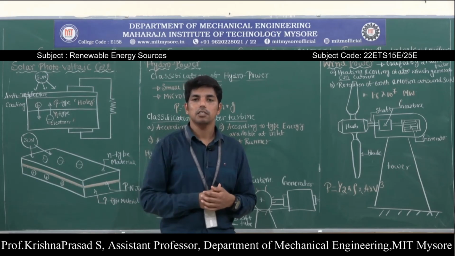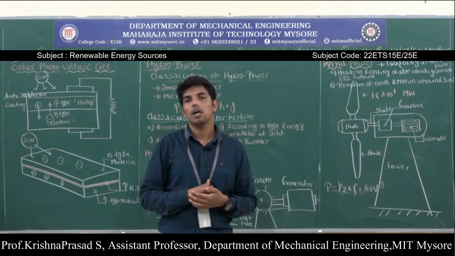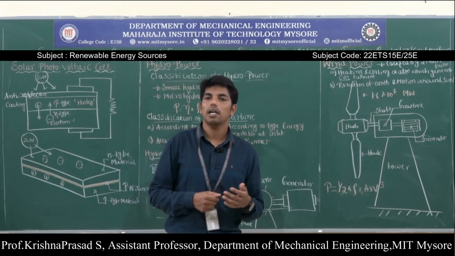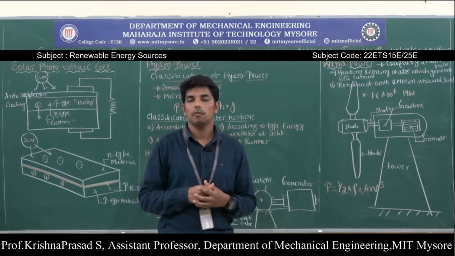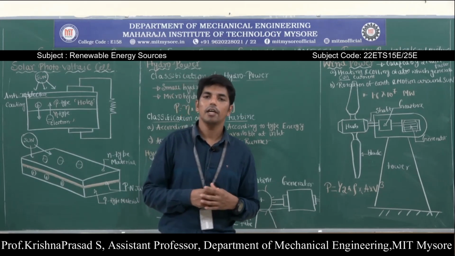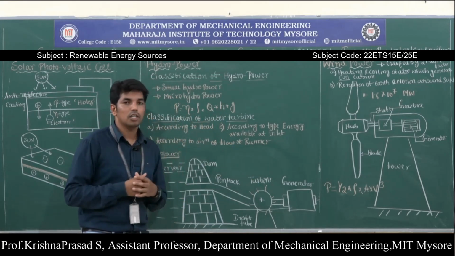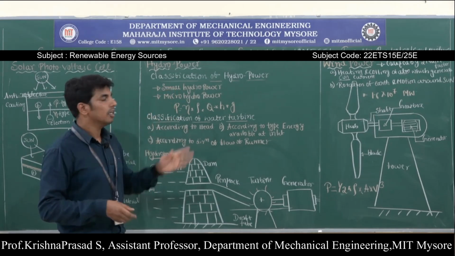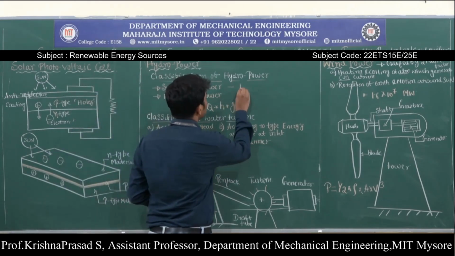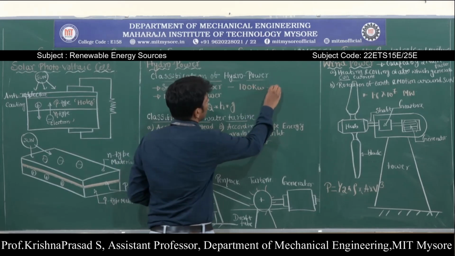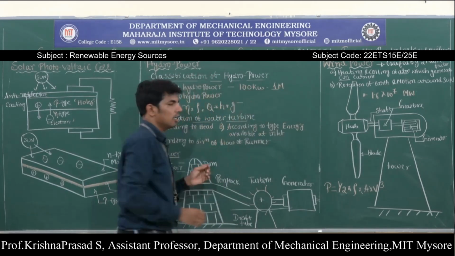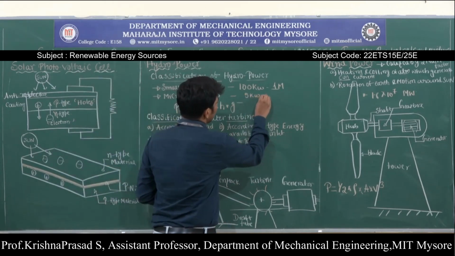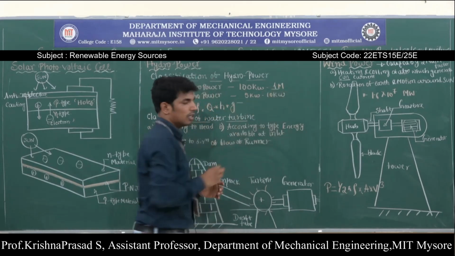And what are the different methods of harnessing hydropower? Hydropower can be harnessed with the help of water turbines like the Kaplan turbine, Francis turbine and the Pelton wheel. Also it can be harnessed with the help of the ocean thermal energy conversion plant. Then what is the classification of hydropower? Hydropower can be classified into two types, small hydropower and micro hydropower. In small hydropower, we can obtain power from 100 kilowatt to 1 megawatt. Similarly, in micro hydropower, we can develop power from 5 kilowatt to 100 kilowatt. So that is very important.